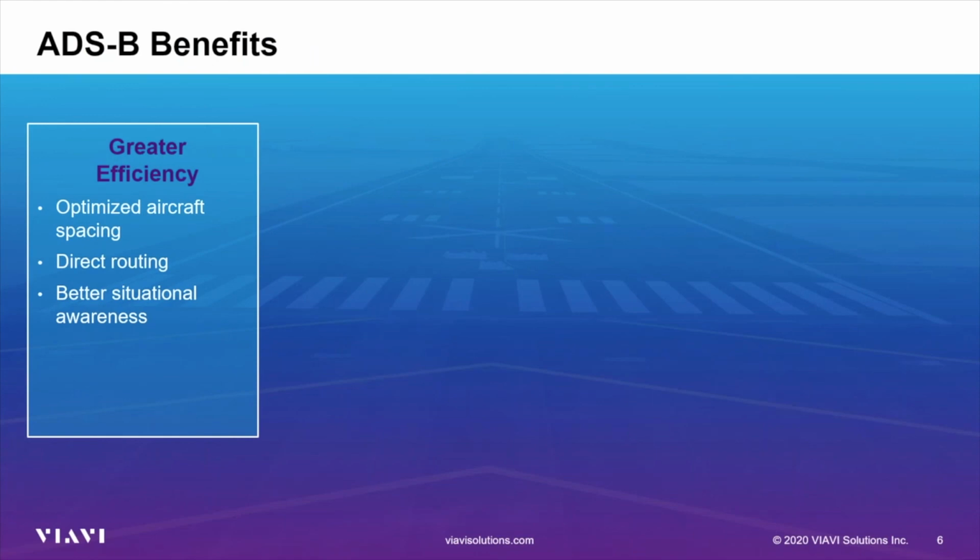So what do we mean by greater efficiency from an ADS-B transponder? Efficiency savings can be achieved both on the ground and in the air for aircraft that are equipped with ADS-B transponders. At airports, a locally optimized mix of available technologies, i.e. airport multilateration, surface movement radars, and ADS-B Out will enable advanced guidance and control for optimized aircraft spacing that can be part of an integrated airport